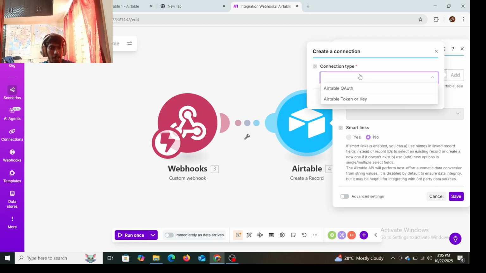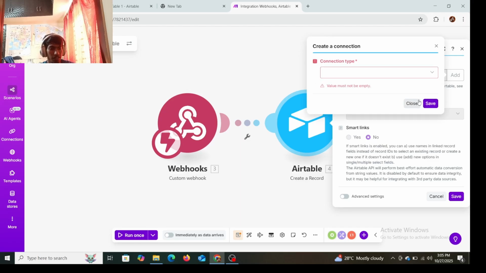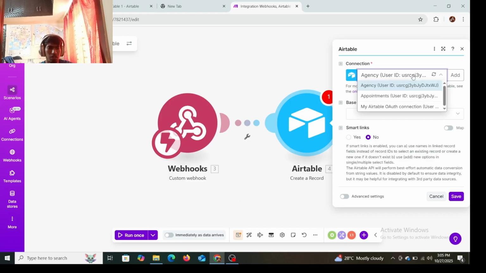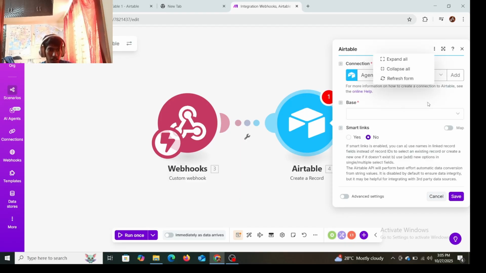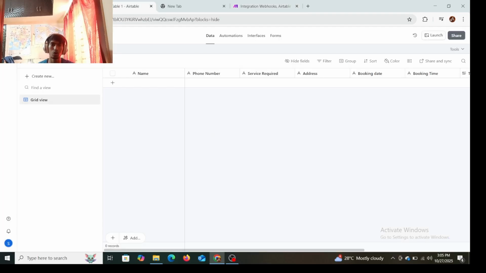Just add it from here. You can add it by two ways. I've already added mine, so I will not add this. You just need to add it. Simple. Okay, so just add this, and now go to your CRM and add all the columns,